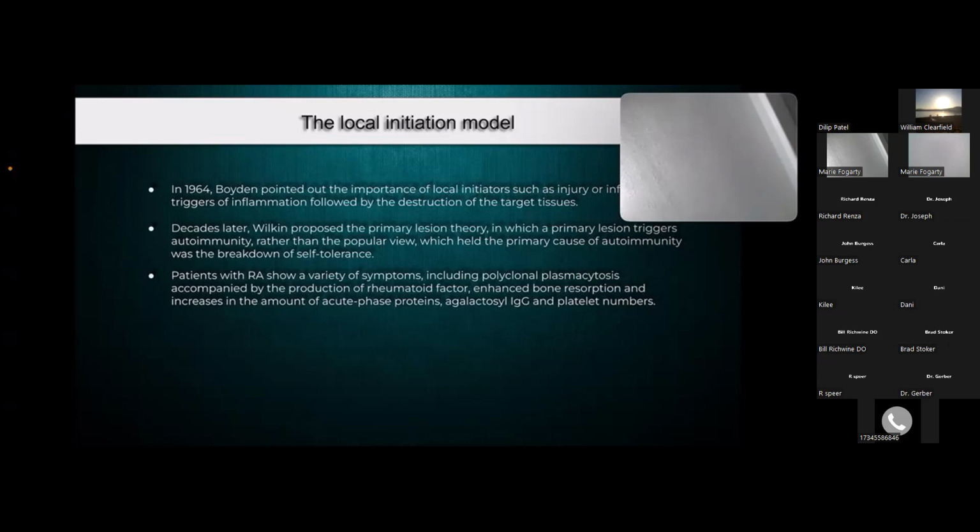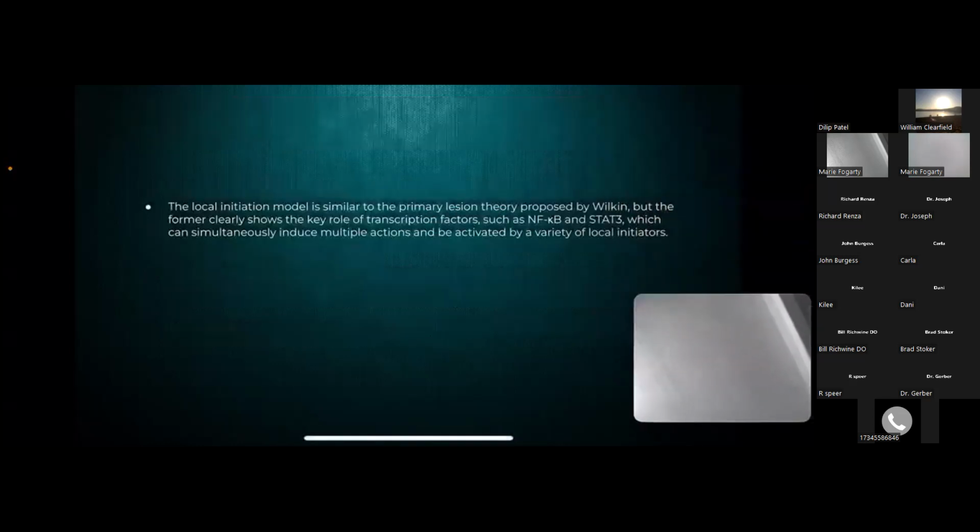And increases in the amount of acute phase proteins and platelet numbers. And we kind of know that association with COVID, activating platelets, at least systemically. And you start to see that, wait a minute, there's a connection here between these processes. They're not all separate. None of these phenotypes at first glance appears to be related to each other, suggesting that complex factors are involved with rheumatoid arthritis. Yes, we know that now.